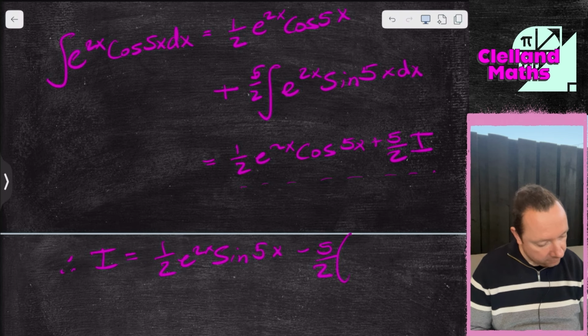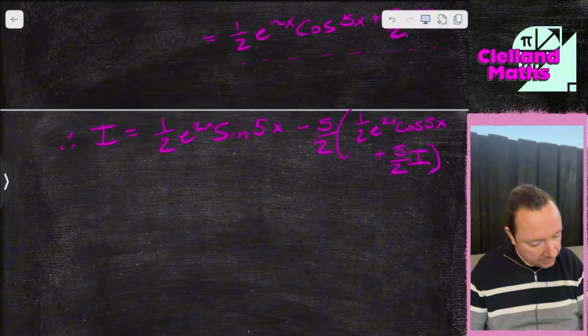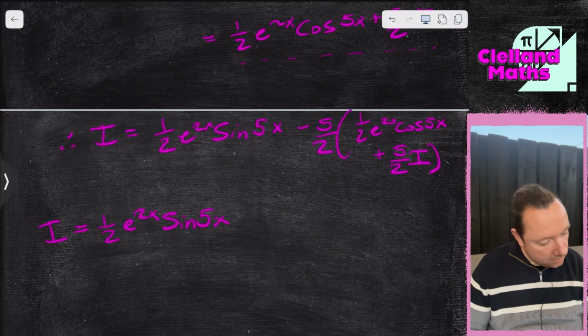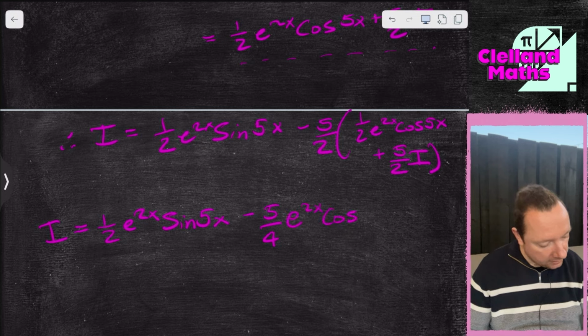So that's a half e to the 2x cos 5x plus 5/2 of I. So tidying that up a little bit, I is a half e to the 2x sine 5x. 5/2 times a half is 5/4. E to the 2x cos 5x. And then 5/2 times 5/2 is